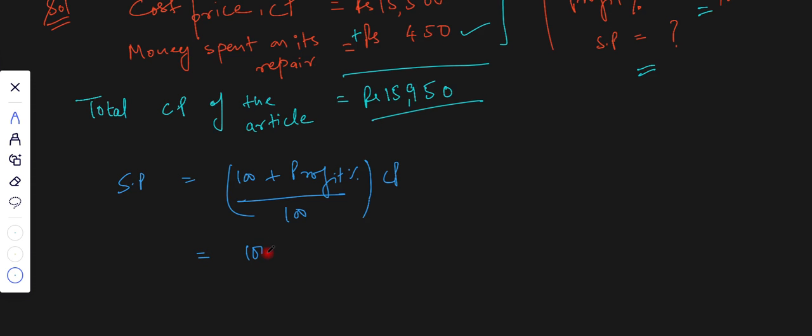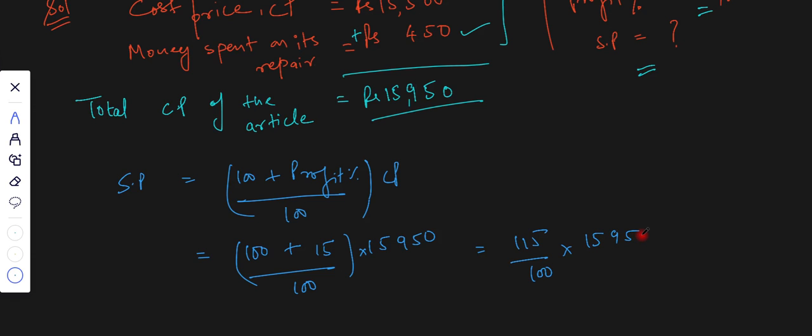So this is 100, what is the profit percent? 15% is the profit percent. So 15 divided by 100, and CP is given, 15,950 rupees. Now 100 plus 15 gives you 115 divided by 100, then